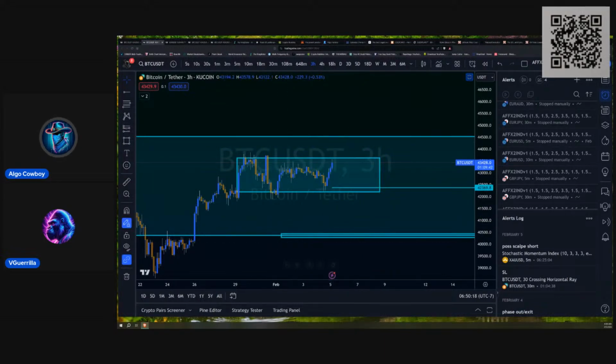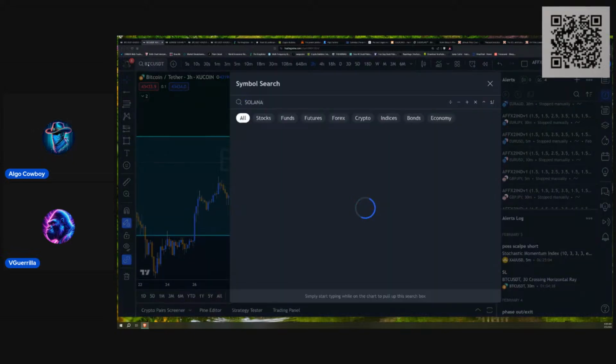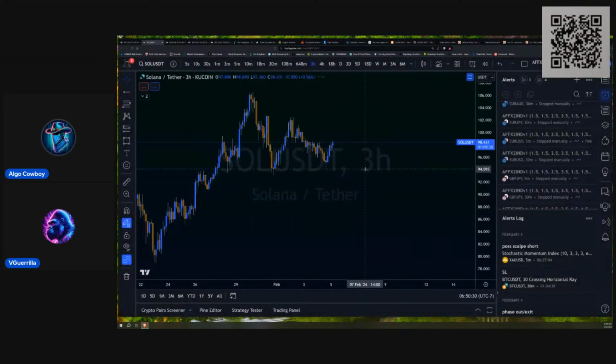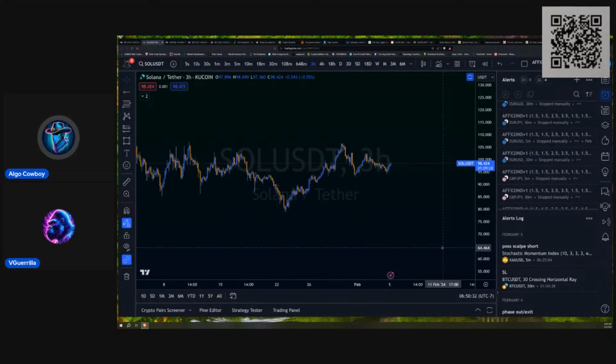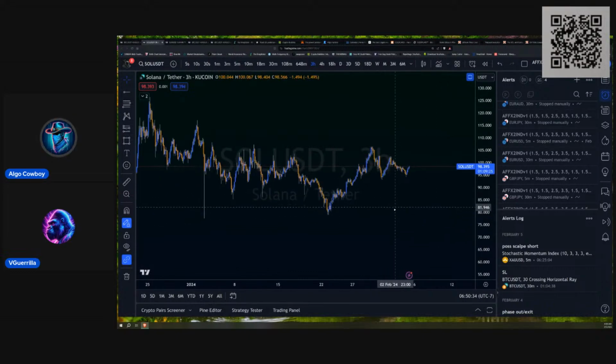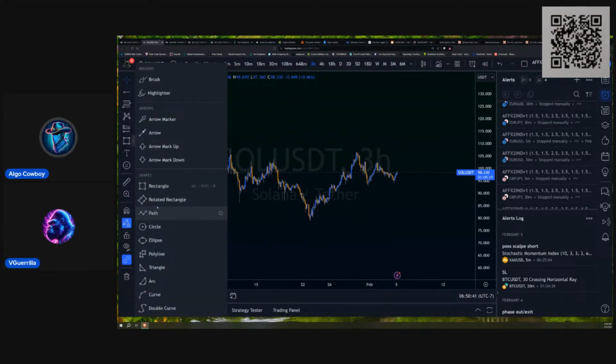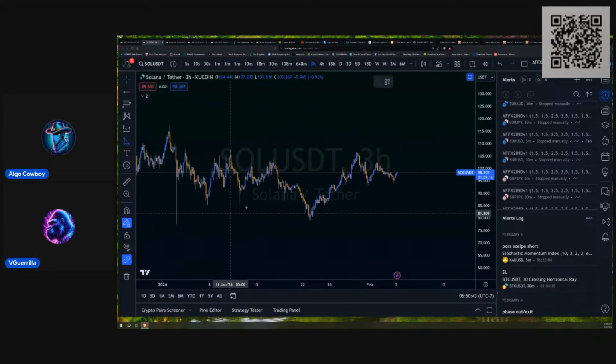All right, cool. Let's take a look at Solana, SOLUSDT, and see if we can gather some data here. This particular formation is somewhere between a symmetrical triangle and not a symmetrical triangle. It's like a weird in-betweener. It's slightly bearish, but then again, it's Solana. I don't like saying Solana's slightly bearish ever, because Solana's just hot.